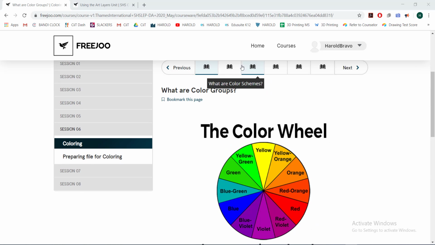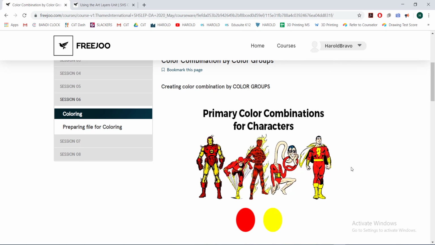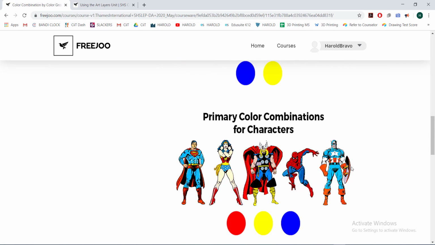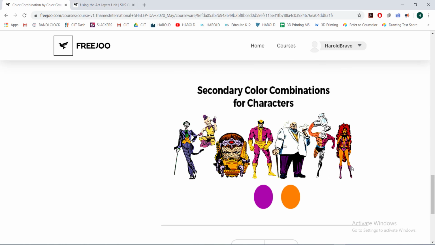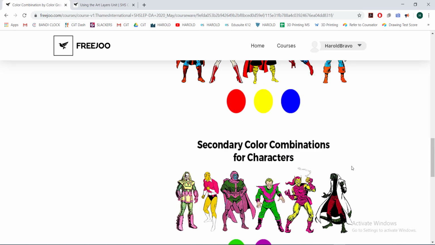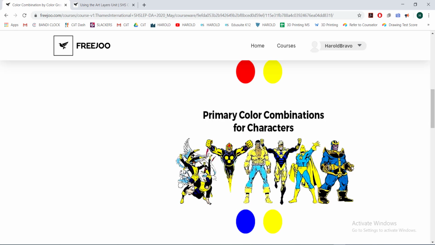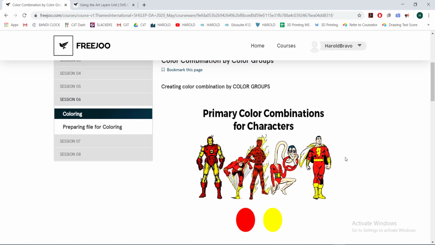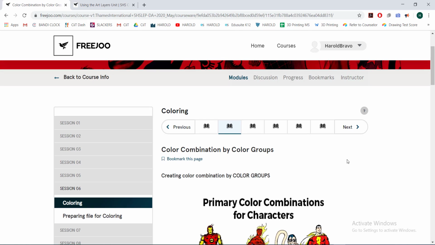Now using those three, you can already produce various color combinations for your character designs. So as you can see here in these examples, these are combinations of secondaries and primaries to form or design character costumes. So, sorry, these are just some of the examples that you can come up with. Okay, next,